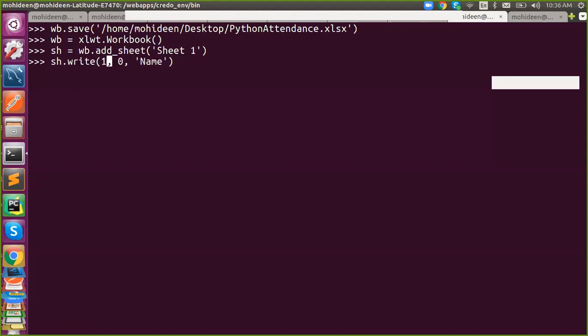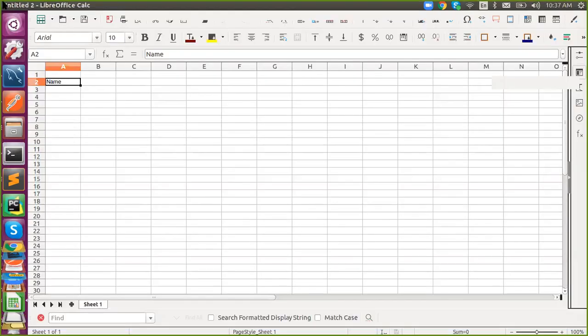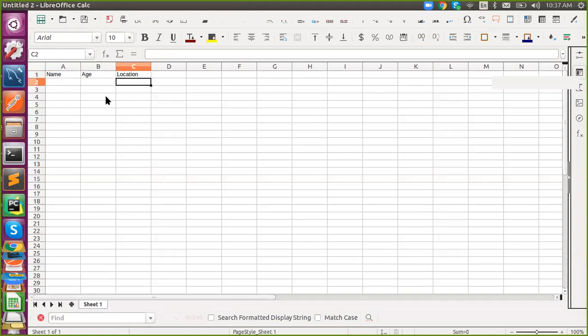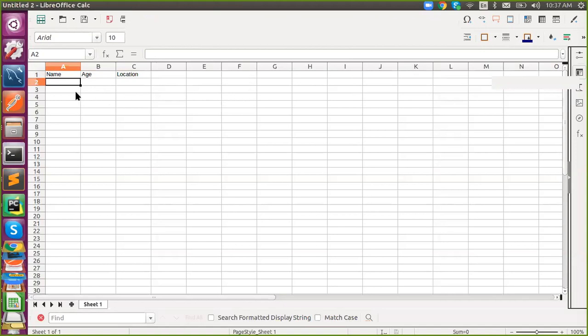The first one is row, next one is column, then the column values. And then finally you need to save the file. Got it? Start writing it.